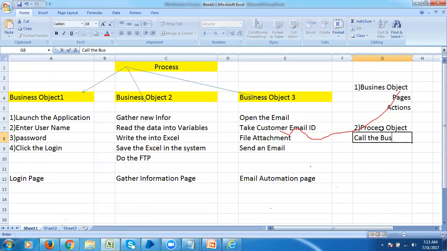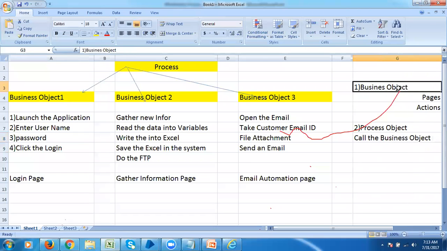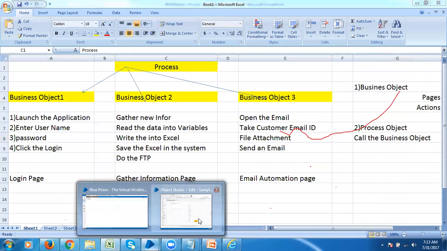We are not going to define any actions in the process studio. We are going to call the business objects from the process studio. As I just told you, in the process studio I'm going to call business object 1, business object 2, business object 3, right? That's how Blue Prism is going to work.